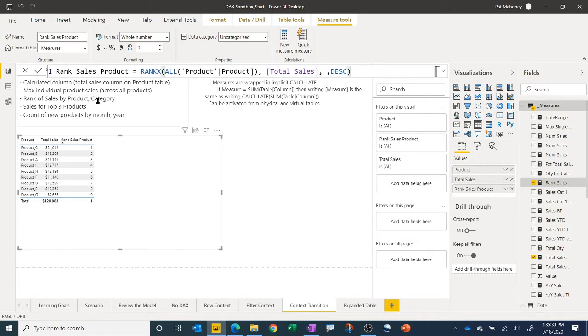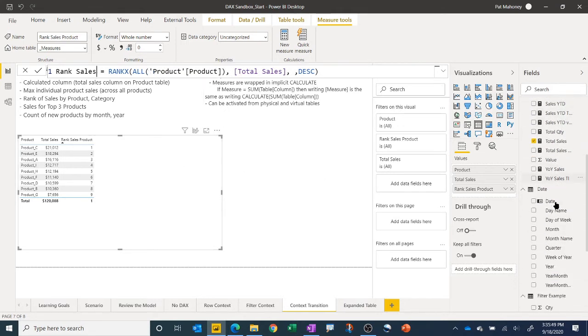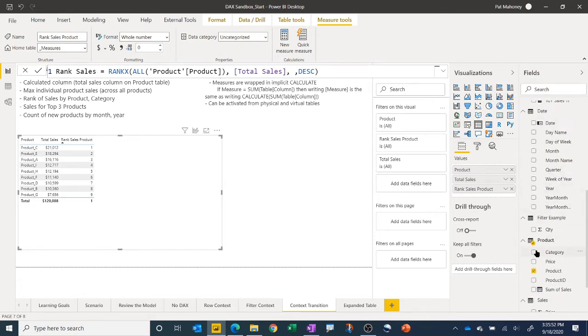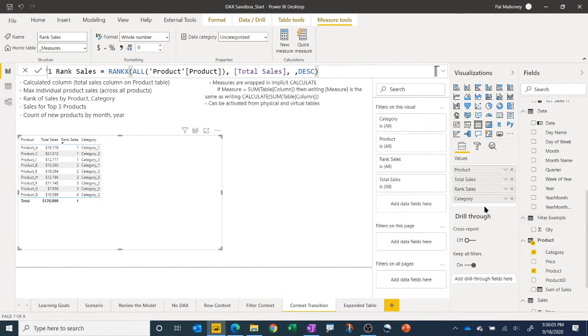The request here was also by category, so we could write a second measure here, but I'll just go ahead and change this one, and I'll just delete that. And basically, if we add the category column to this, again, we're changing the table we start with, right? So our calculation may not work the way we thought it would. We'll add category, we'll put it first,